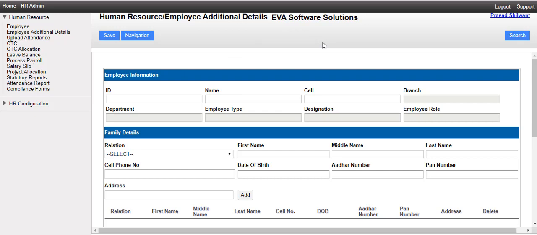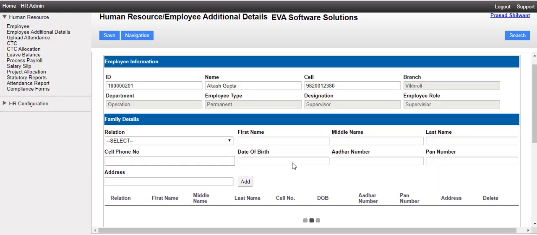To search that employee, you will just type the name of that particular employee and automatically other details will be mapped by the system. Suppose there is an employee, Akash Gupta, and I want to capture his family details. To do this, I will just type Akash in name section, and after selecting Akash Gupta, his details will be automatically captured by the system. And after that, rest part is same as I explained earlier.